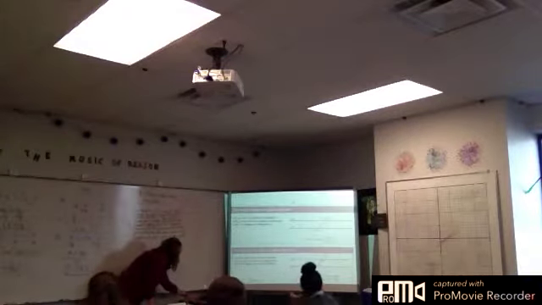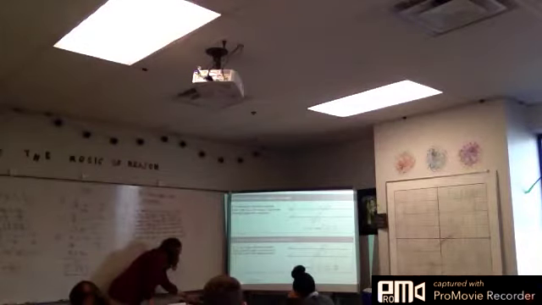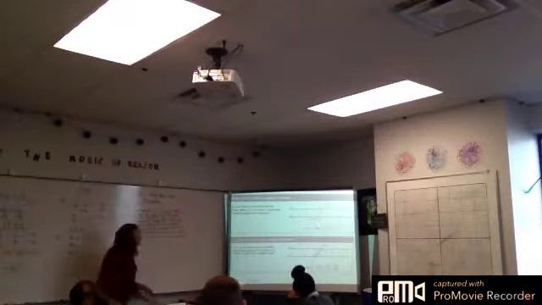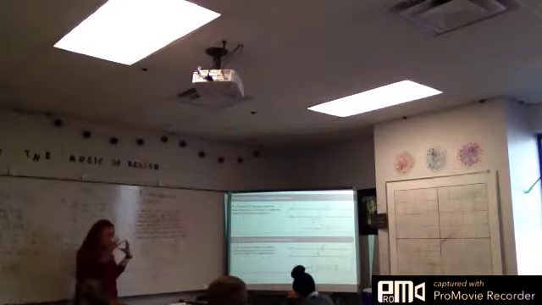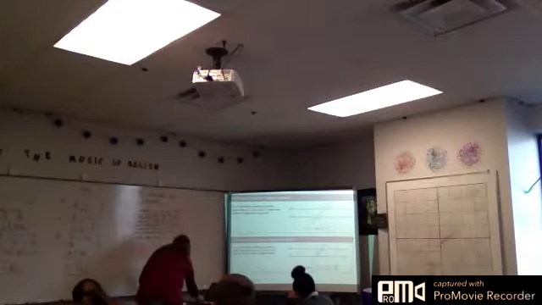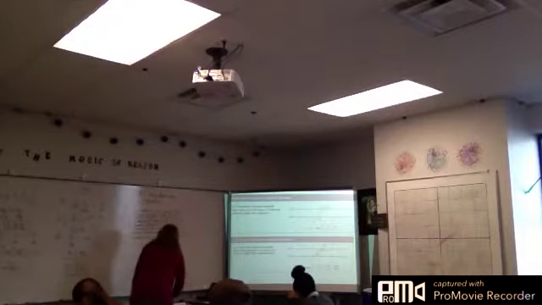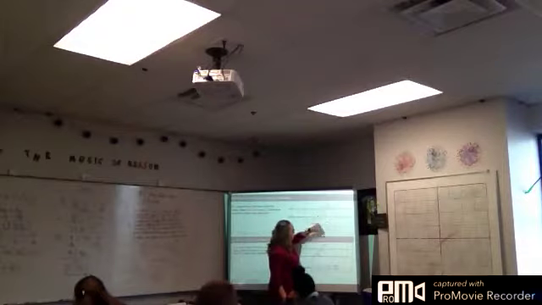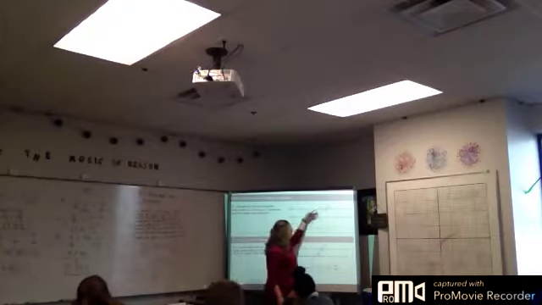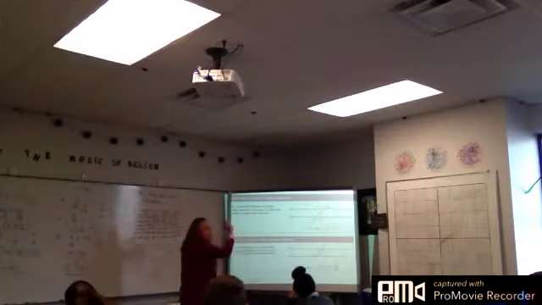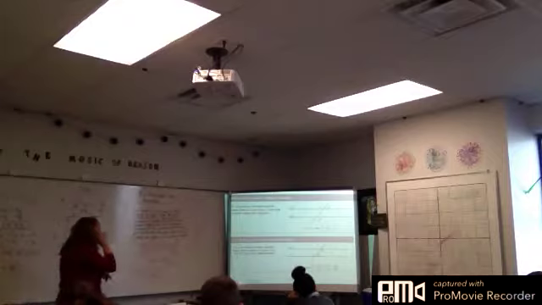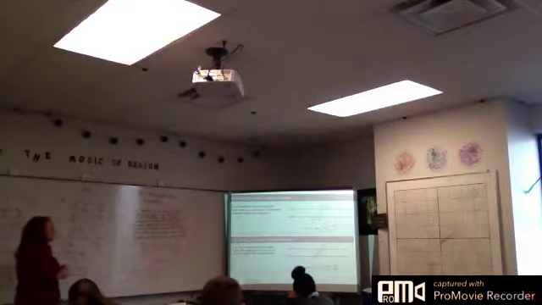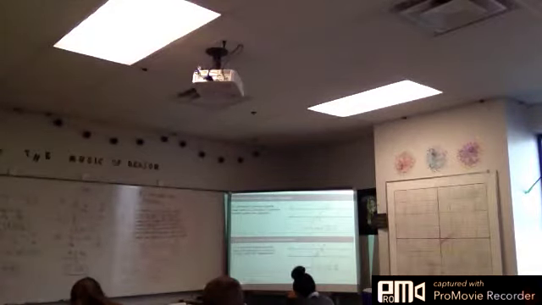Then you have the alternate exterior angles theorem, which is what it says. The angles on the outsides of the parallel lines cut by a transversal are congruent. The last one was alternate interior, right? Interior angles. Now we're going to the outsides, alternate exterior. So A and D are congruent, C and B are congruent. They're on the outside, exterior. So if a transversal intersects parallel lines, then all the pairs of alternate exterior angles are congruent.